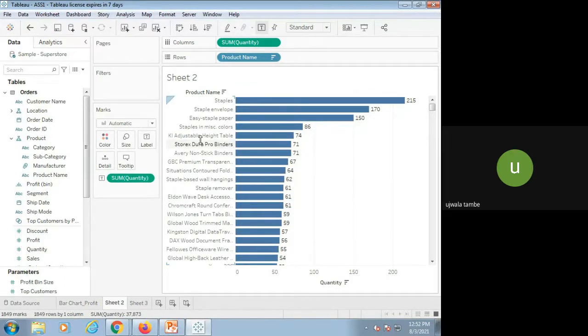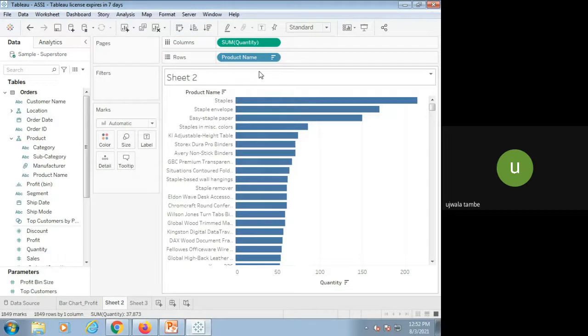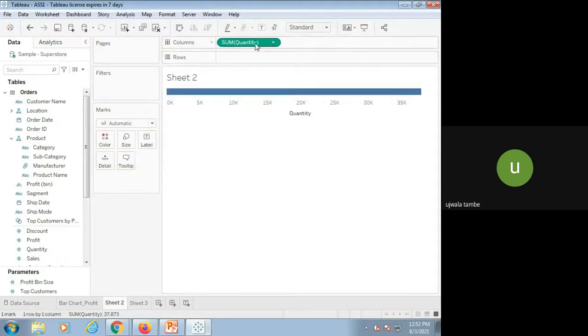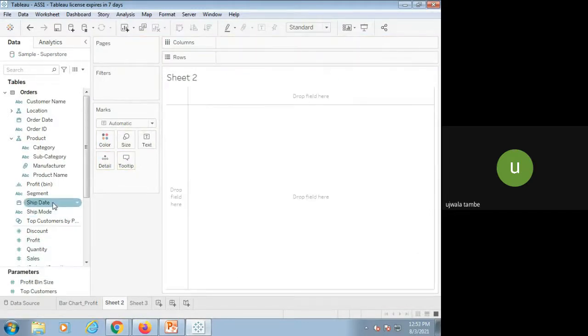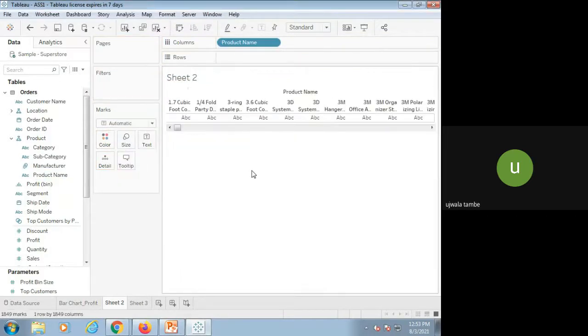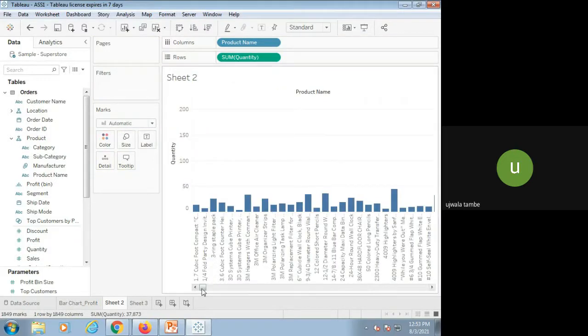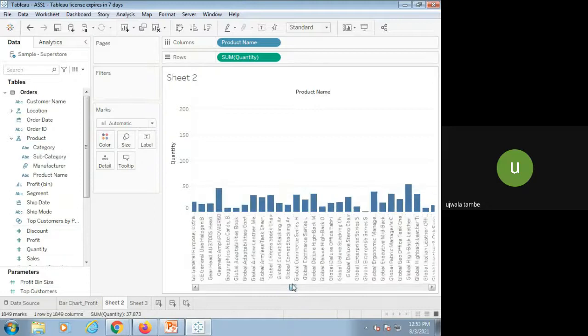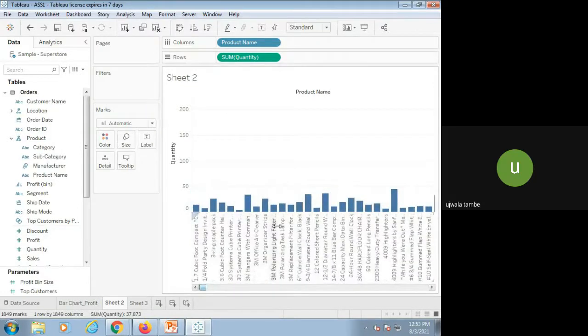One more thing I just want to tell you: suppose I pick the product name as a column and the quantity as a row. Then the data is displayed like this. But as a visualization, or as a user, it doesn't look good, right?